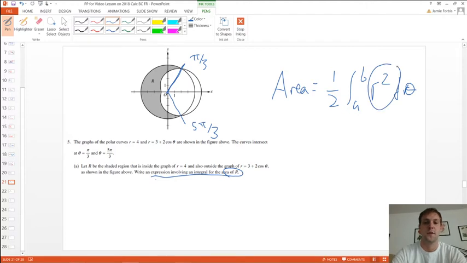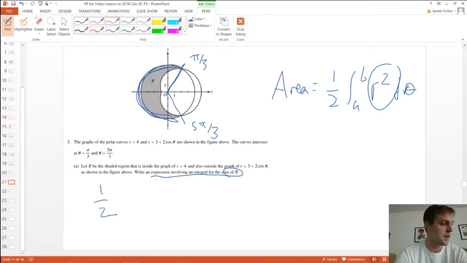Now you always just got to be careful, it's always outer function minus inner function, and if that ever changes over the interval, then you need to make sure you have a separate integration for that. But if you notice on this interval from pi over 3 to 5 pi over 3, r equals 4 is always on the outside, so it's always the greater radius. So this is a pretty simple integration. It's just going to be 1/2 the integral from pi over 3,